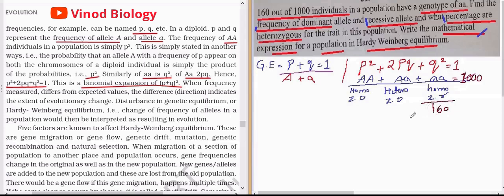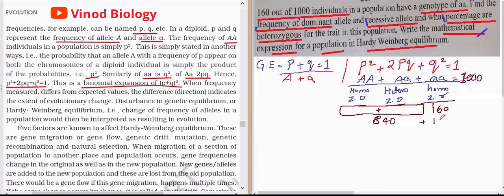Okay. So simply you can't find this here. 1000 minus 160. Whatever remains is 840. So 840 belongs to this. If you want, I can say that this remaining is in the population combinedly. This total is 840